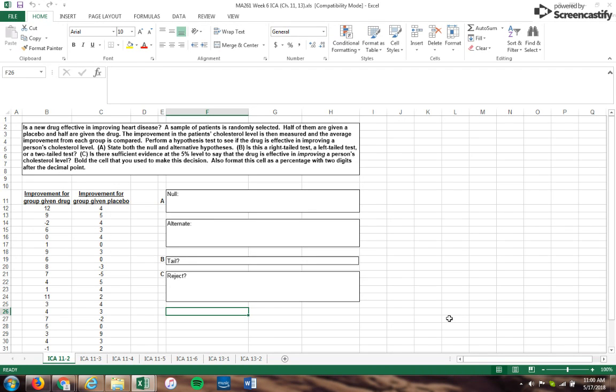This week, we are looking at adding a couple more tools in our statistical toolbox. We're going to be looking at t-tests in chapter 11 and some other things in chapter 13. So let's go ahead and dive right in and look at practice problem